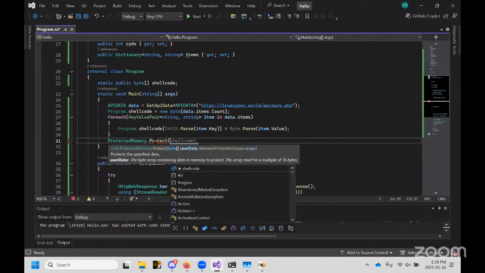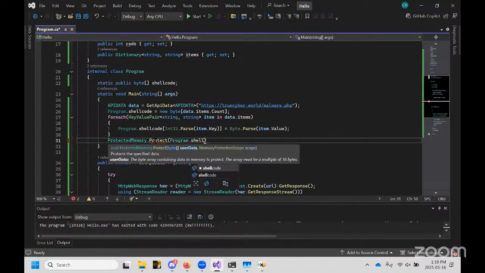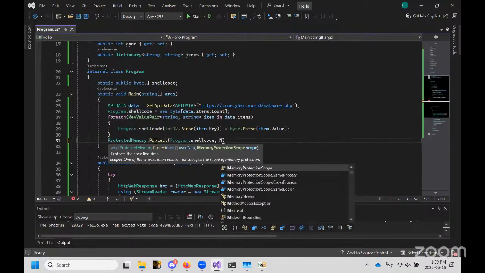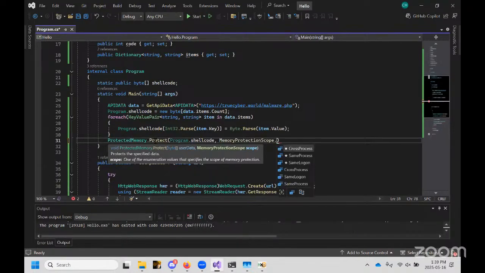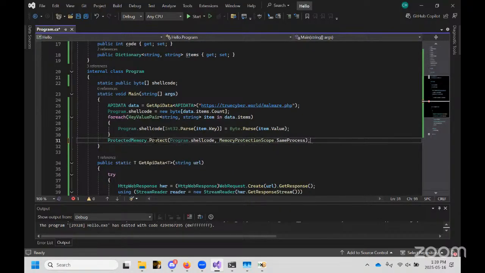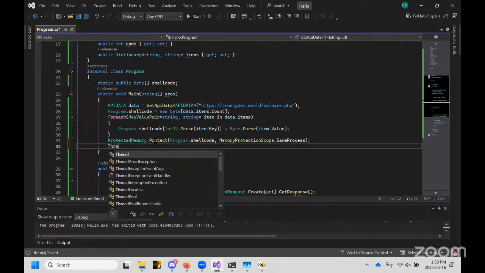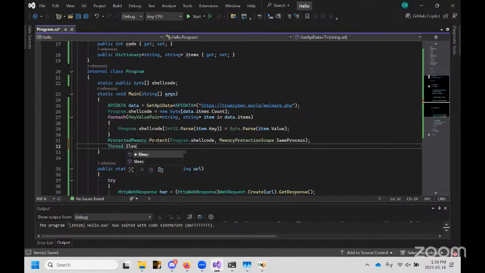Now what we're going to do is ask the shellcode itself to be encrypted because we don't need it yet. We have a couple of extra steps to do, and we can specify the memory scope. In this case, we're going to specify same process, meaning that only this process can actually access that encrypted memory. This will achieve two things. It's going to encrypt it in memory, so if EDR somehow ends up taking a look at your memory location, well, nothing is going to be in clear. And we can literally prove that by re-adding the sleep,